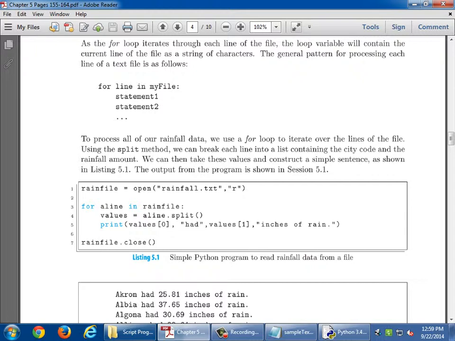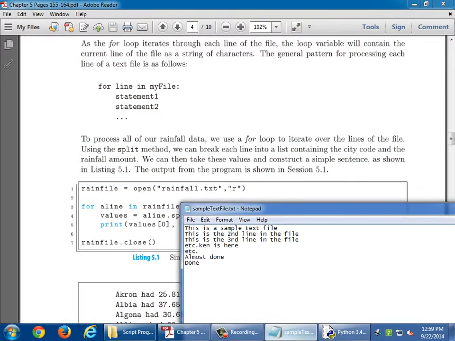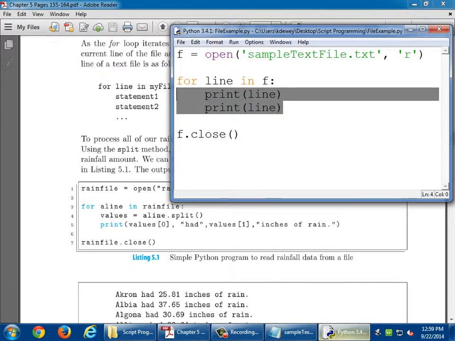Then for a line in rainfile. This "a line" right here, they could have called it anything they wanted to. It doesn't matter. And so with rainfile. Okay. I'm going to edit my program to work similar to theirs. I want this one right there. So I'm going to edit this. I'm going to say,